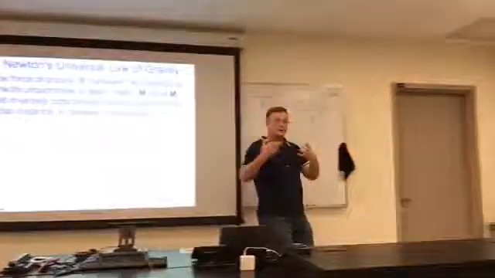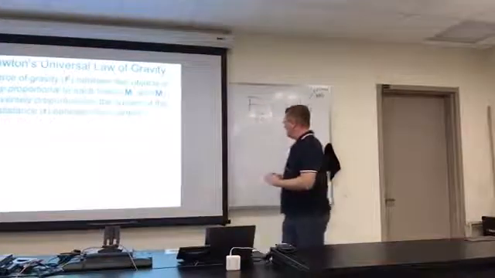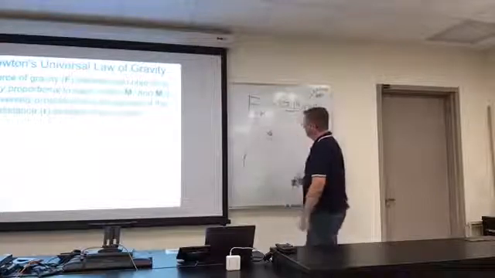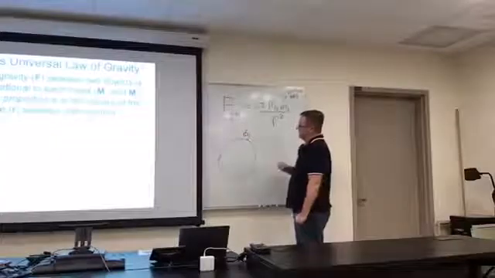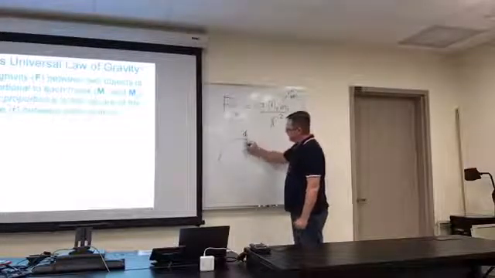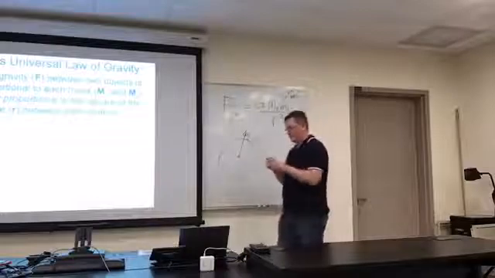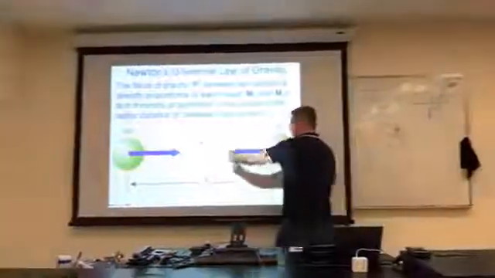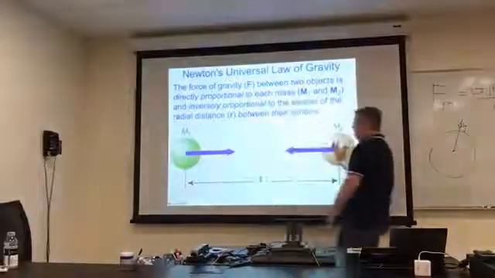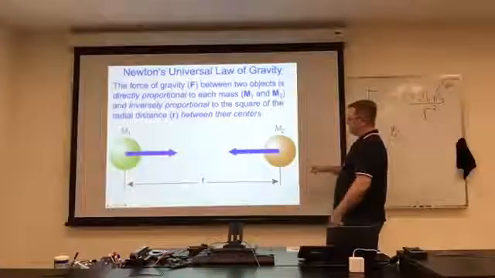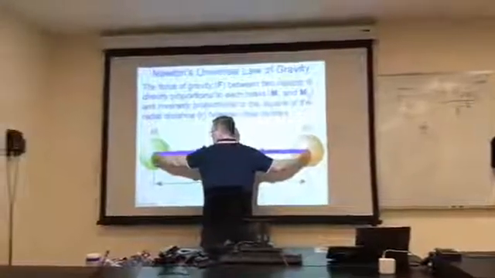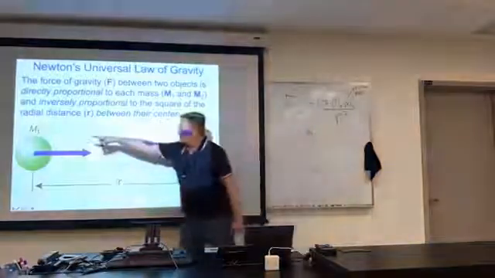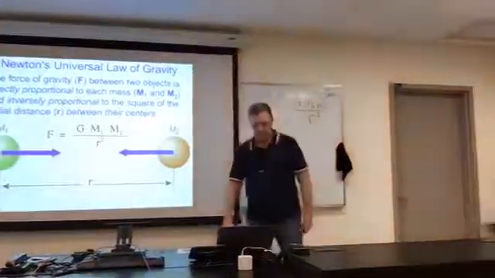And that's another great realization that Newton had. An apple falling to the Earth, there's the center of the Earth, there's my apple. The appropriate distance is not the distance of the apple from the surface of the Earth, it's the distance from the center of the apple to the center of the Earth. That's the key distance. And so I have two objects, could be the Earth and the Moon, the Sun and Jupiter, the Earth and an apple. Doesn't matter what the two objects are. I take the center of the one object and the center of the second object and the distance between them. I call that r. This is mass number 2, that's mass number 1, and the force of gravity is simply